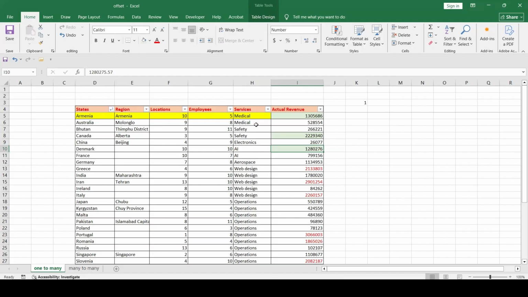But in the case of services where we have only one value, this basically will also be taken out, so we'll not see it, because it is only one value, and the offset is taking out that value anyway. And in web design, the highest value will be this one, taken out.